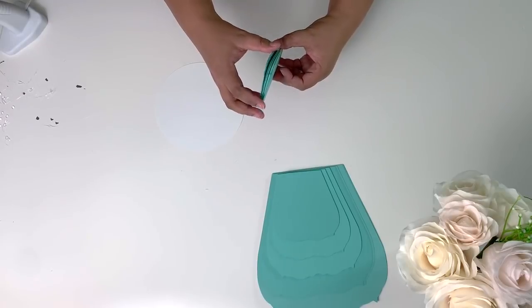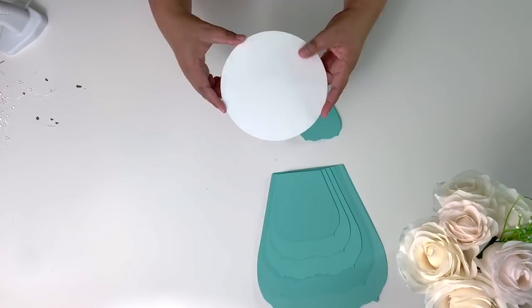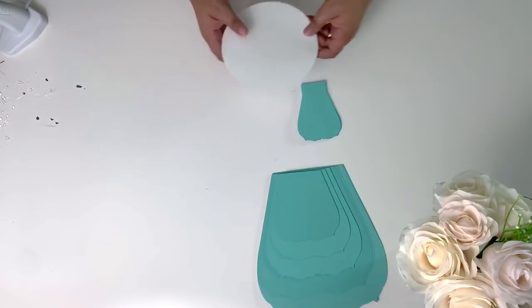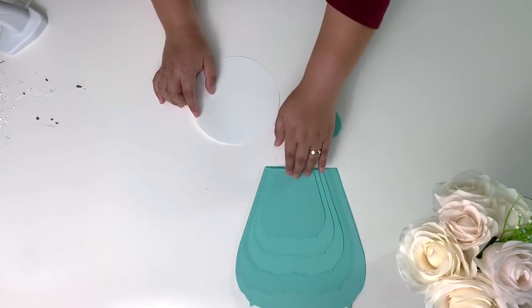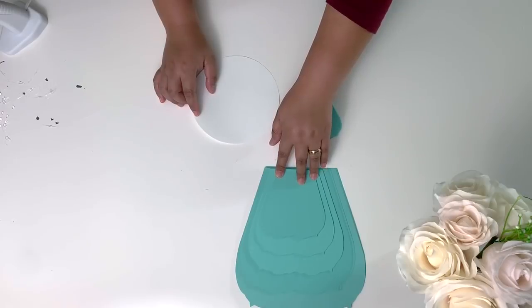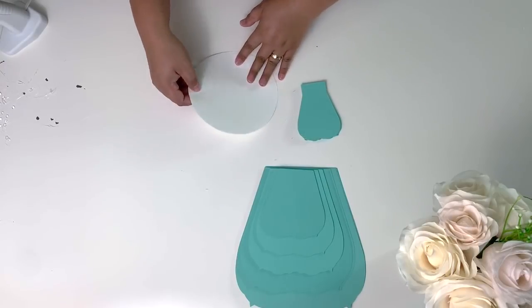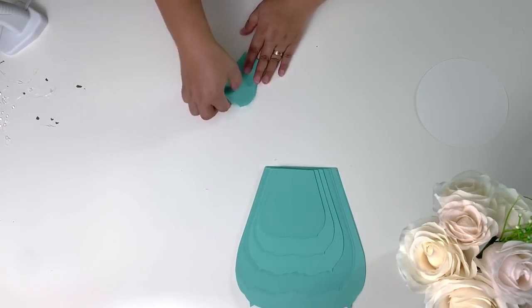we need 12 pieces of it, and we're going to use a poster board base which is 6 inches in diameter. Normally I only use 5 inches, but since this time we're going to use 5 layers on it, I decided to make it extra bigger. So let's set this one aside and let's make our